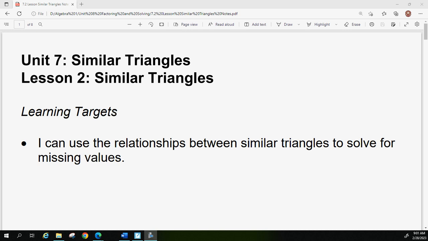Hey all, today we're going to continue talking about proportions in triangles, and now we're going to talk about how they interact with similar triangles. And so just a bit of notation to start. Back when we talked about congruent triangles,